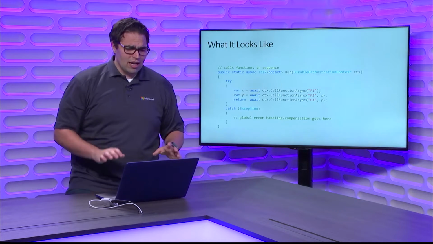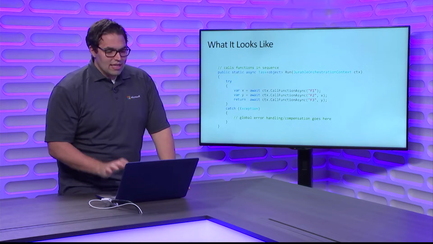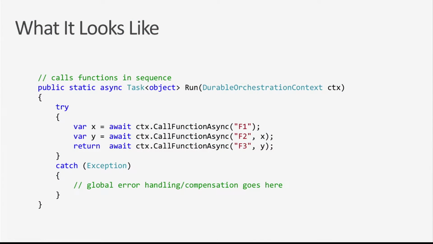So let's solidify this a little bit and see what the code looks like now that we've seen the components. This is an example right here on my slide of an orchestration function. This is the orchestrator function, the heart. Some function's going to start this orchestration, and you'll see I have some other functions that I have written that I'm going to be calling. So the first step, I'm going to call function F1.